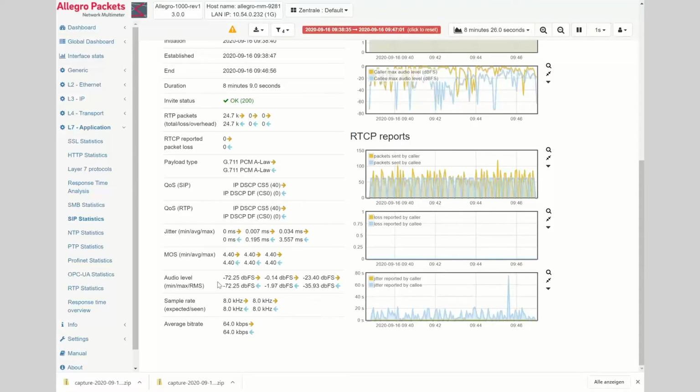And we also added on the audio level, not only the min and max decibel value, we also added the RMS value, which is a root mean square distribution, which is at the end the change of the amplitude. So the loudness of a call is measured by the RMS value. If you come from the VoIP world, that's a very important value because that tells you a lot if the call is too loud or if the loudness is not good enough.